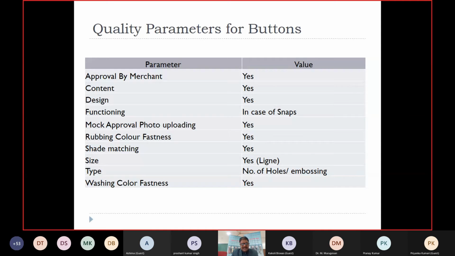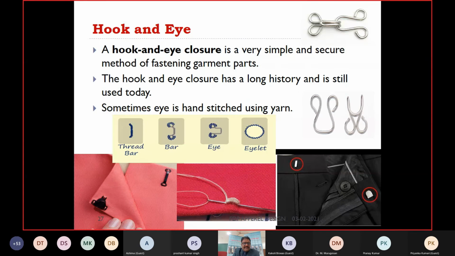So what would be the quality parameters of the button? Tomorrow you may have made the garment very well, but because of the button your buyer can reject it. So all the parameters of the button are already decided before, as part of your commitment of the business, the dealing of the business by your merchandiser. Anyway, these are the quality parameters for the buttons.